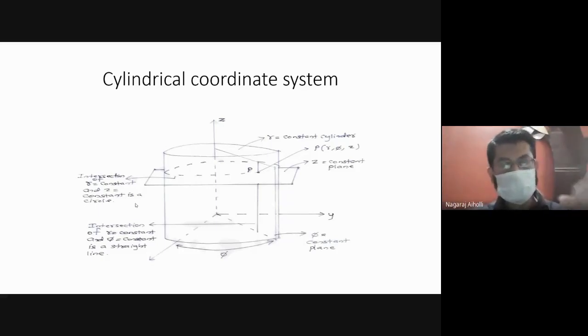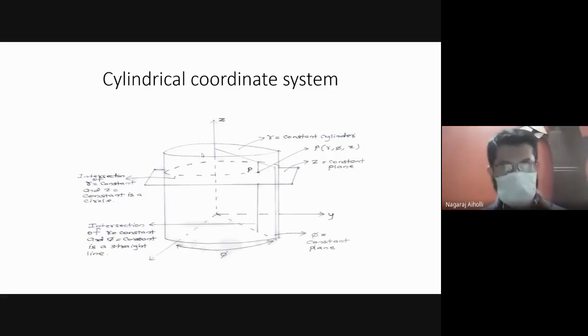Trying to visualize here, there is a cylinder structure. You are placing a piece of rectangular paper on the cylinder, and you are pulling it down. So when you pull it down, what will happen? That portion will be torn off, and you will get a circular portion there. The above portion on the paper will be a circular portion. It will come down a little below the cylinder. So this is how we get a circle when there is an intersection of r equal to constant and z equal to constant.